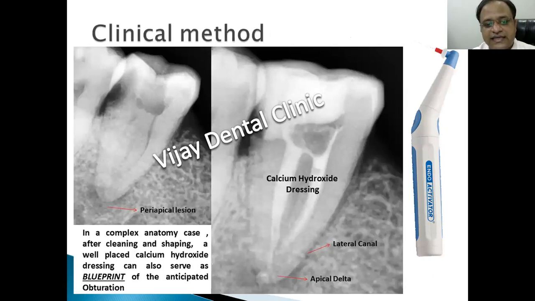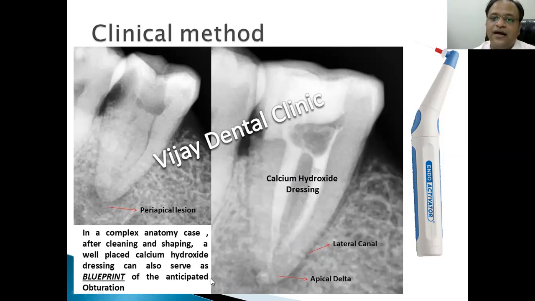So we placed it and tried to agitate the entire canal, and you can see we have reached a radiographic image that shows the entire canal anatomy. It shows us the anastomosis, it shows us the apical delta, and it assures that all the parts of the canal have been covered with calcium hydroxide as an intracanal medicament. So it helps me give a blueprint to the entire obturation.